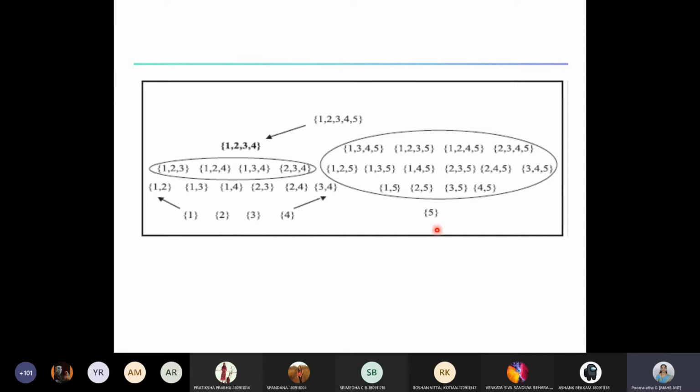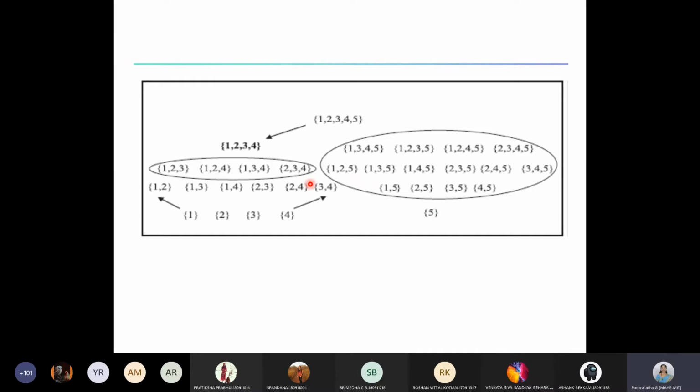Now, bottom up, we know this is not frequent. So we move to the second step. We construct the supersets of the frequent ones, and we are not going to form the superset of 5, because we know that it is infrequent, right? This is the step we do here.